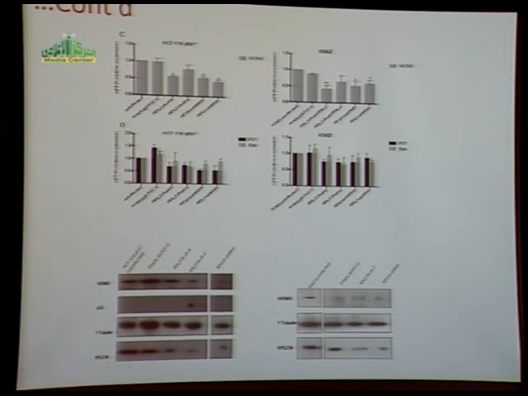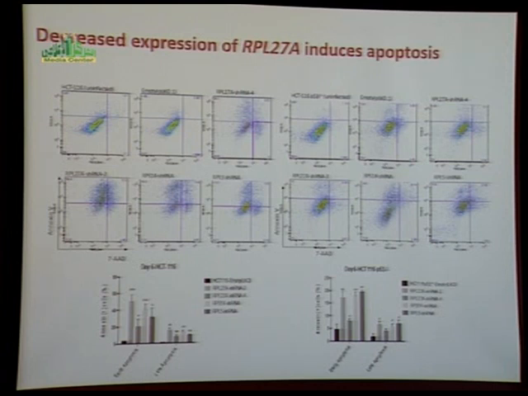To know if the P53 activation has an important role in apoptosis, or whether the knockdown induces apoptosis or not, I did annexin V staining. It is also significantly shown that the knockdown leads to apoptosis in the P53 expressing cell lines as well as in the null P53 cell line, and that was surprising. Even though the level of apoptosis is less than what was seen in the P53 expressing cell lines, it was significantly